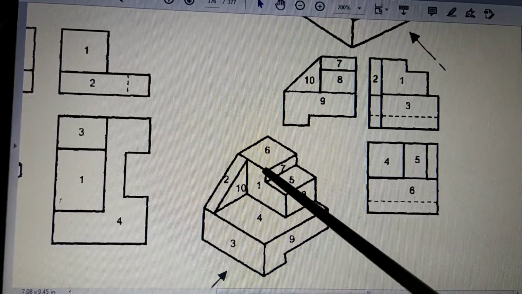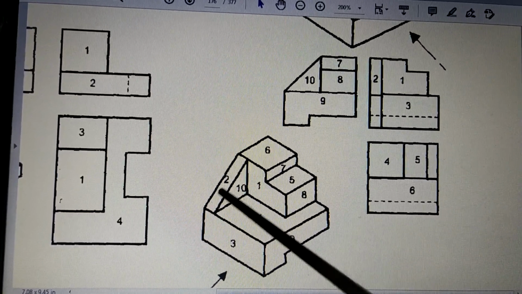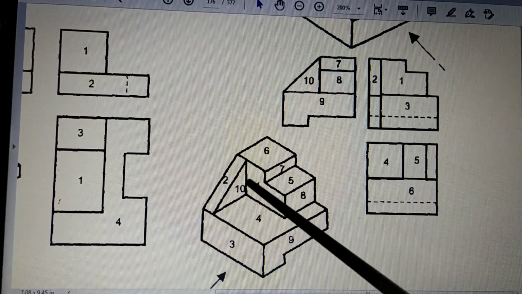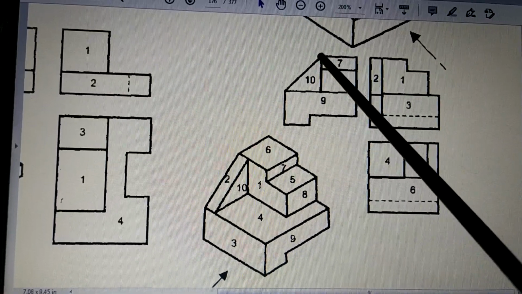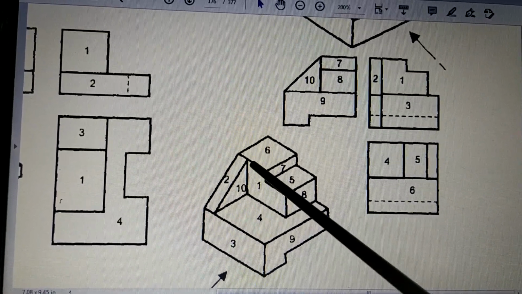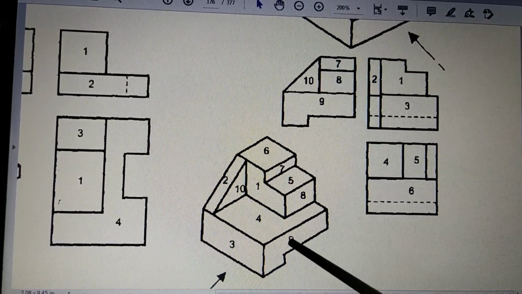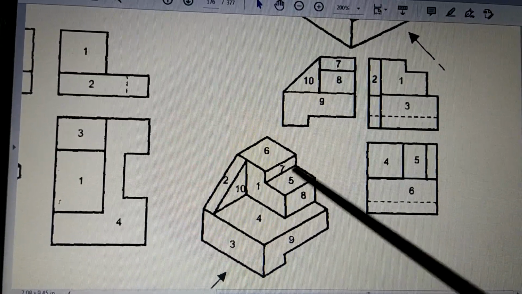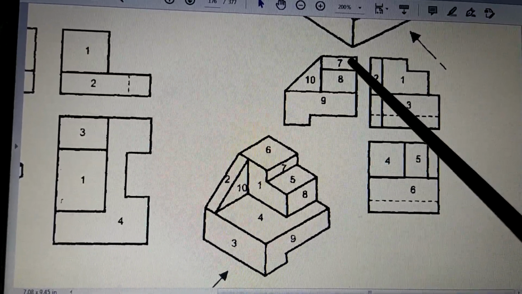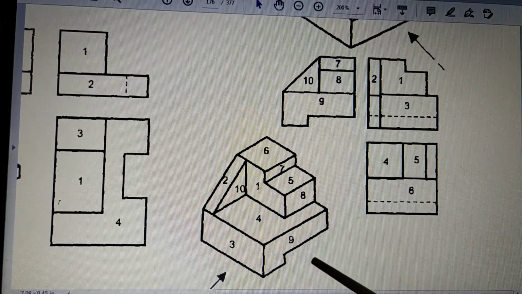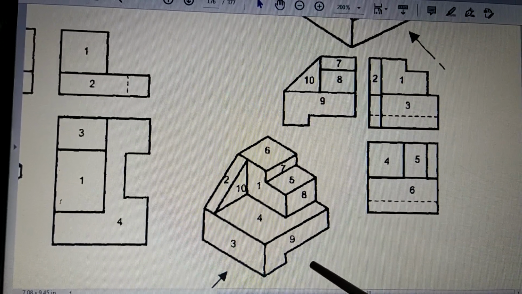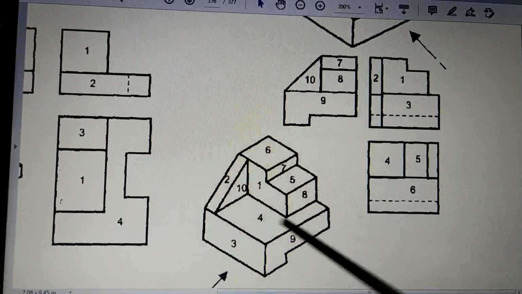Now at the highest point of 7, from here to here, this is a triangle, that is surface 10, which is seen. So when you join this triangle, this is surface 10. So in this direction what do you see? 9, 8, 7 and 10. These are the surfaces that are seen when you look in this direction. Okay, so that completes this figure.